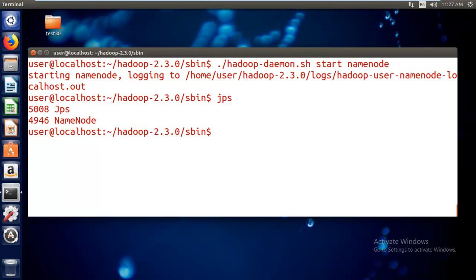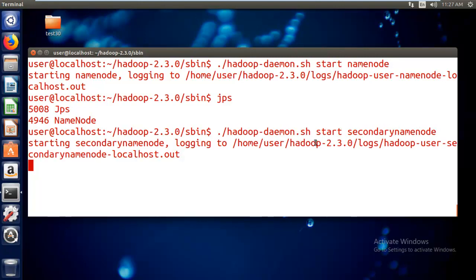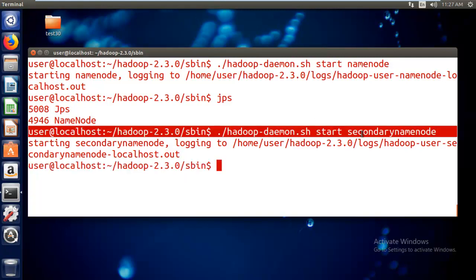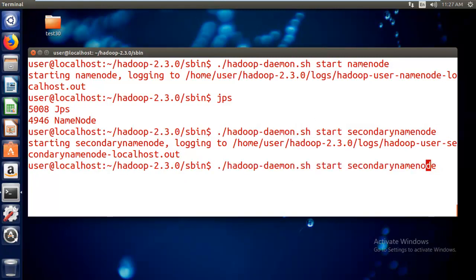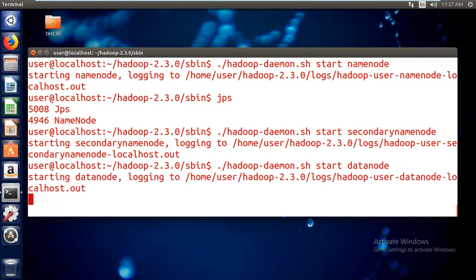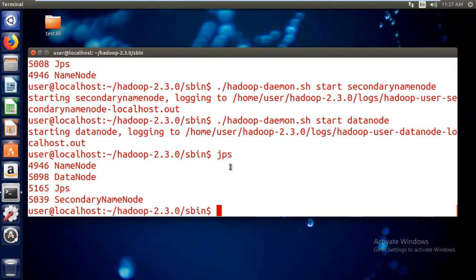So my name node is running. Similarly, I can start my secondary name node. This command only starts my secondary name node. Now I can start my data node. I just started my data node also. Now you verify with jps. See the list of services: name node, data node and secondary name node.